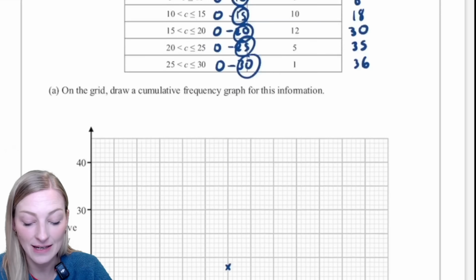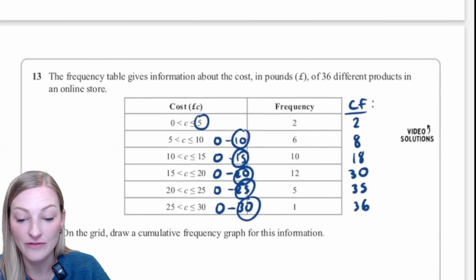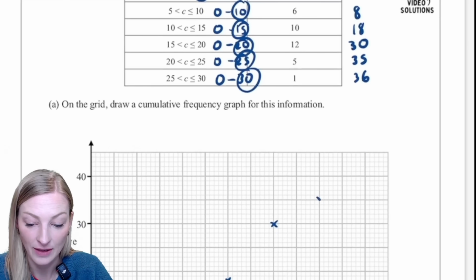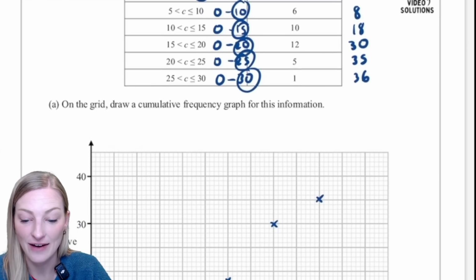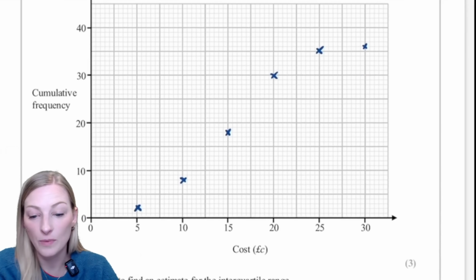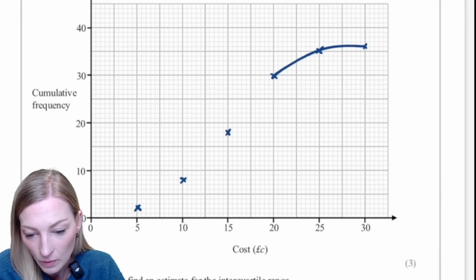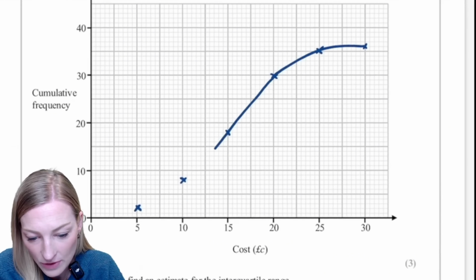Up to 20, we get 30. Up to 25, we get 35. And up to 30, we have 36. So let's plot that there. We're then going to join these points up with a nice smooth curve. So different to our frequency polygon, we want to join this up with a nice smooth S curve,